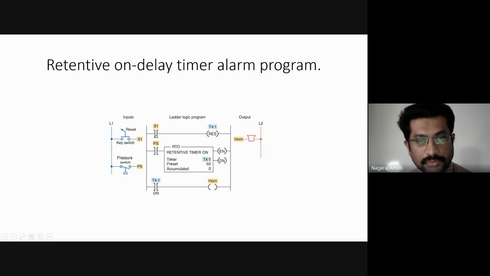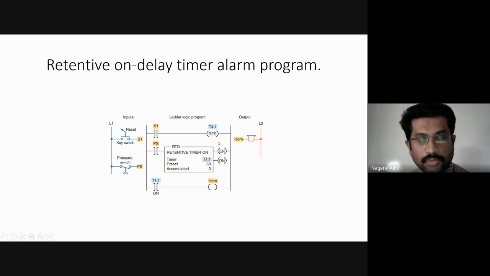Once this reset switch is pressed, the timer value will be reset to 0, which means the done bit will become 0. Once the accumulated value becomes 0 because of pressing the reset switch, the done bit will be 0, so this will be deactivated. This is normally closed, so its contact will be open and the horn will stop blowing.